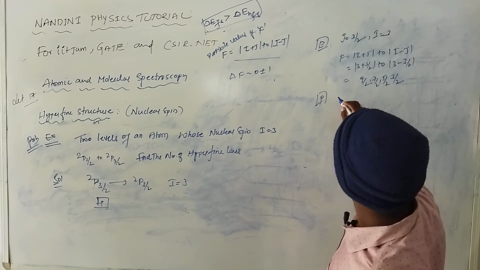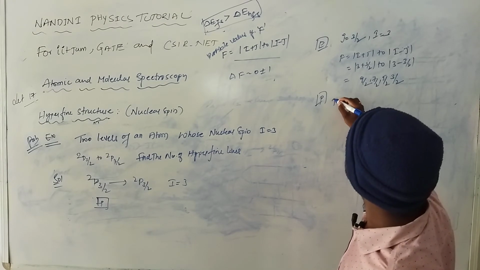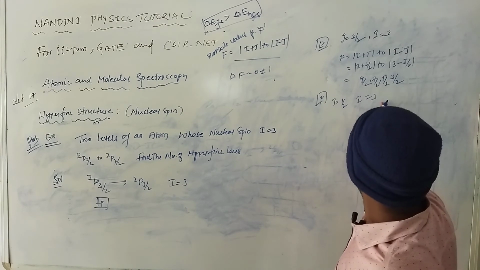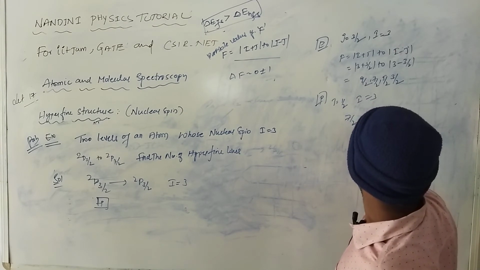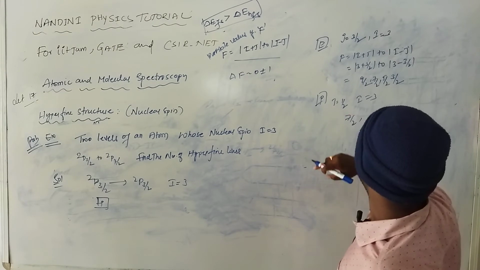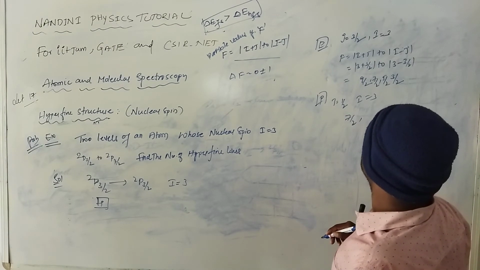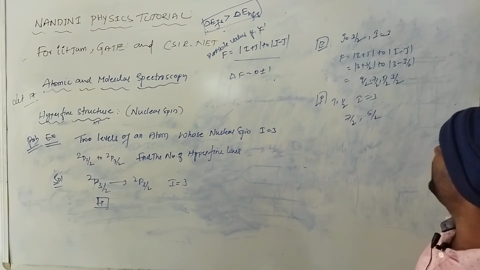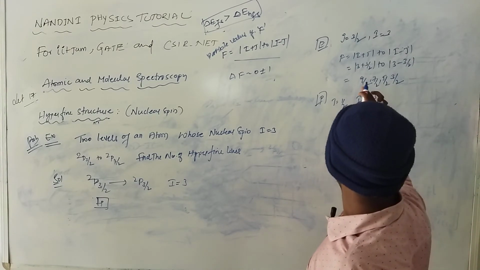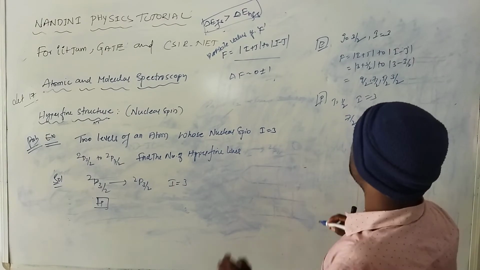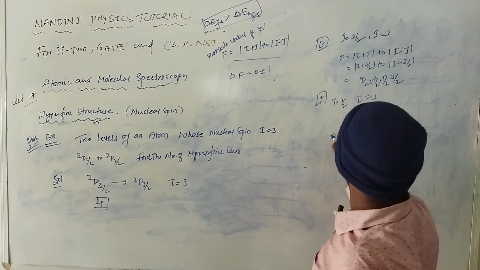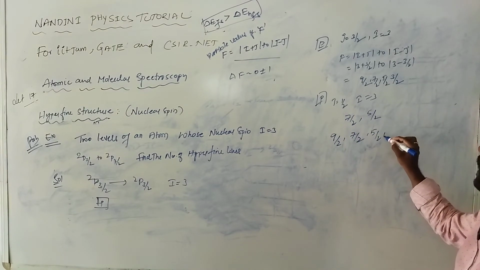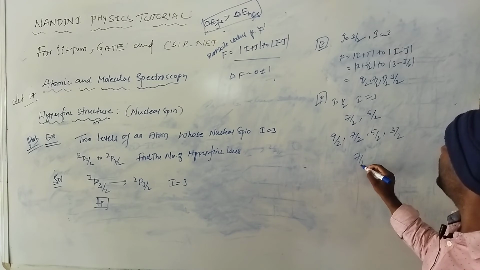So, similarly, this is the D state, and what about the P state? The J value is nothing but 1/2 and I is equal to 3, so 2 3s are 6, 7/2, and 2 3s are 6 minus 1, 5/2. Nothing is between the two numbers, so 7/2 and 5/2 you will get. Since the transition is from D to P only, take 9/2, 7/2, 5/2 and 3/2, and you will get 7/2 and 5/2.